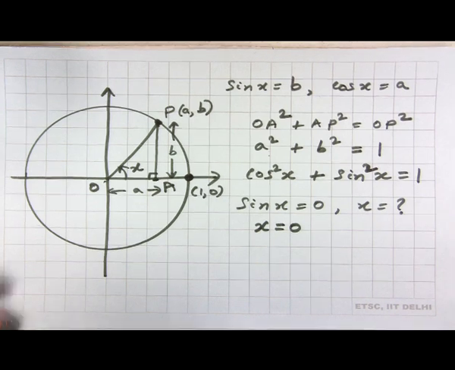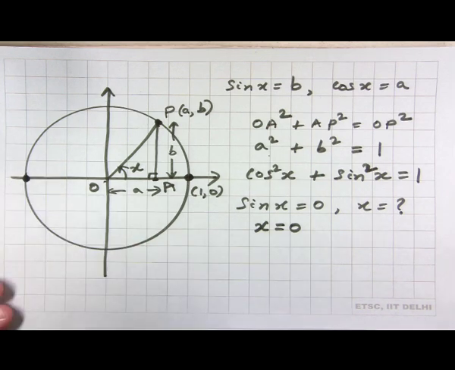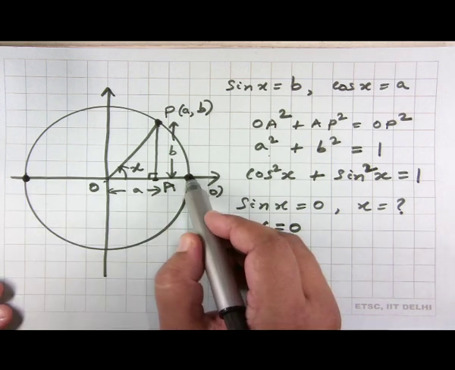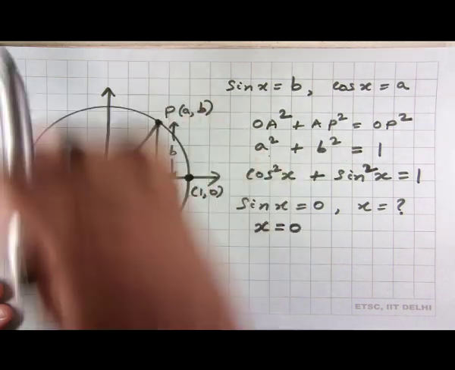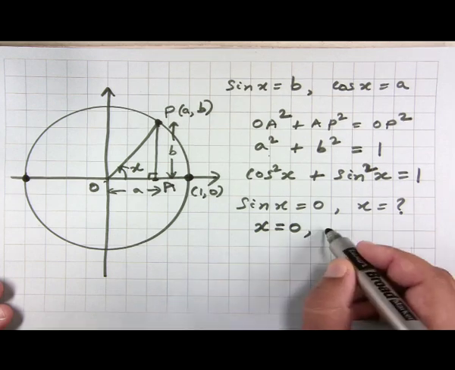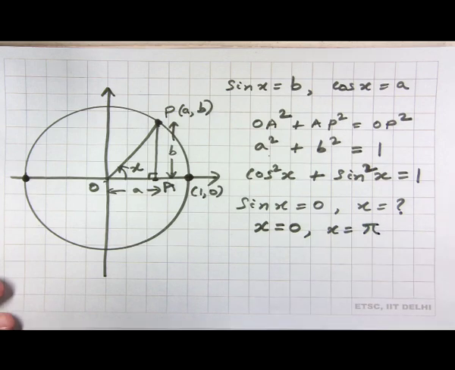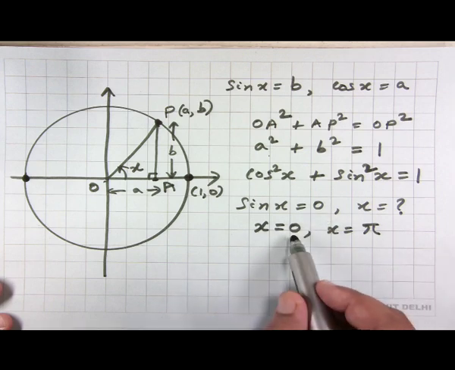The other point where the y coordinate is 0 is this point, and you reach this point from this point by rotating this ray or this radius by pi radians or 180 degrees, which is essentially half a revolution. So, for sure we see that sin x equals 0 when either x equals 0 or x equals